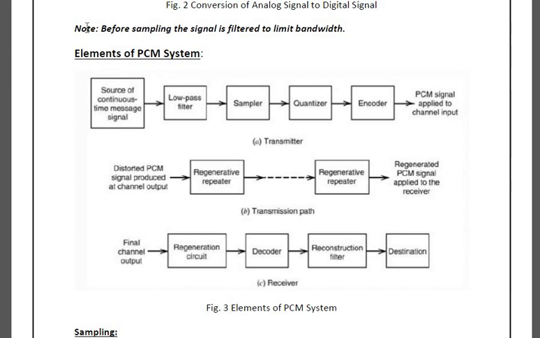Pulse code modulation signals can be multiplexed and transmitted over a high speed communication link. I'll repeat it once again. Pulse code modulation signals can be multiplexed and they can be transmitted over a high speed communication link. That was the first advantage, and this is also very useful for long distance communication. Please note it down: in long distance transmission, clear waveforms can be regenerated by using repeaters.